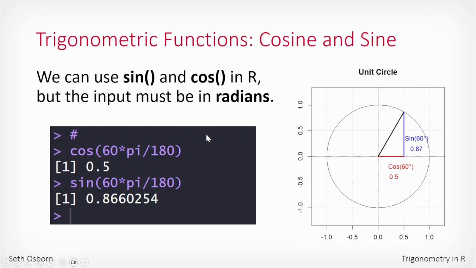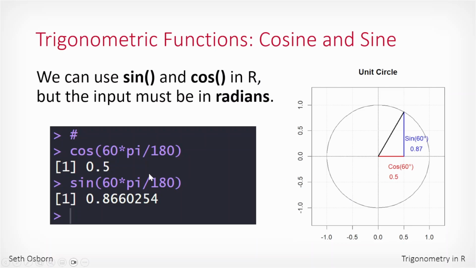What that means is, if I want to find cosine for 60 using R, I can't just say cos, open parentheses, 60, close parentheses. I've got to convert it to radians. And I showed you how to do that before. We can multiply the number of degrees times pi and divide by 180. So now the input is in radians, and we see that cosine of 60 degrees is 0.5, which we knew